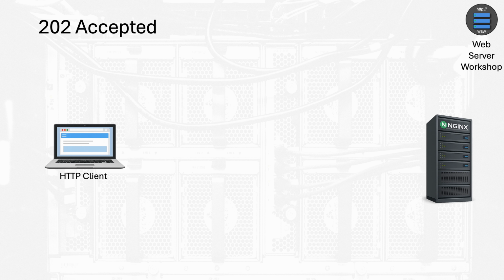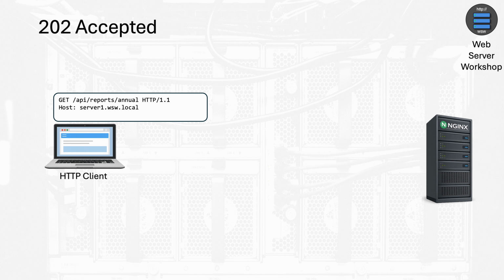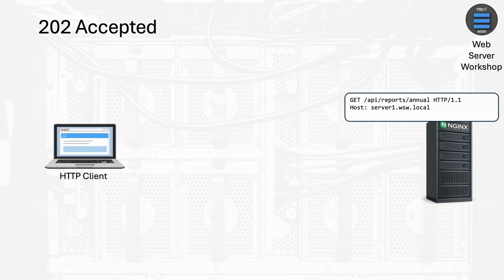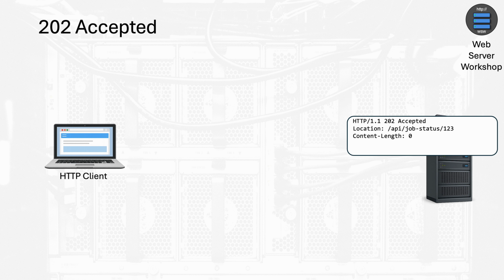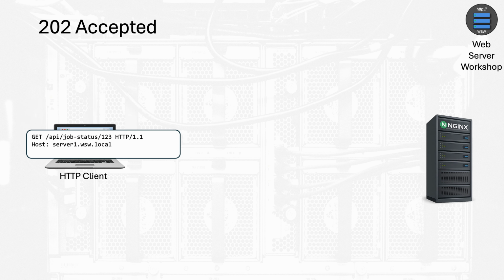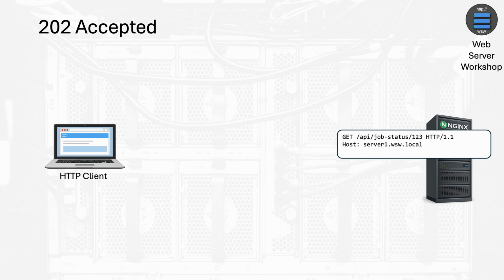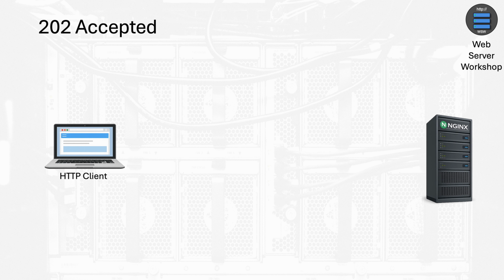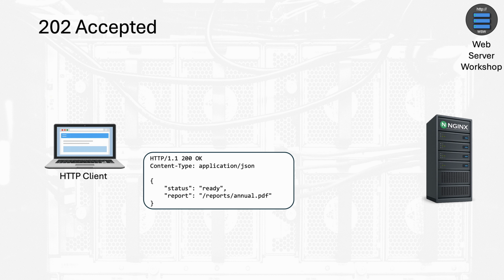The 202 Accepted is a response code that could be used to process items that take a long time. It indicates that the request has been received by the application, but the completion of the work is not done, which is very different than, say, the 200 OK or the 201 Created. Suppose that a large report needs to be generated that will take multiple minutes, but you don't want the browser hanging. The server could issue a 202 Accepted after validating the request. The contents of the message, however, is implementation specific, meaning that an application is free to choose what they might